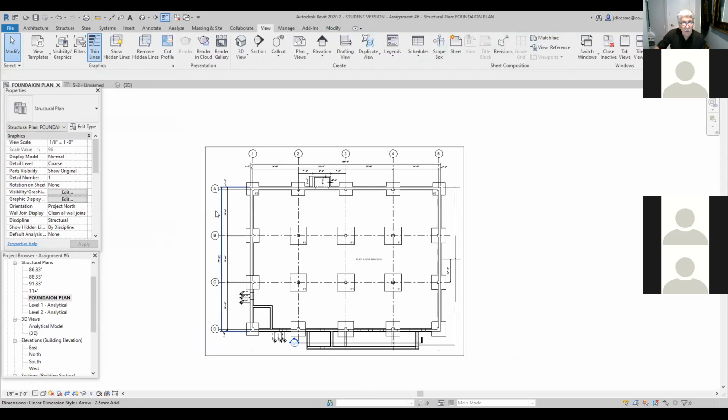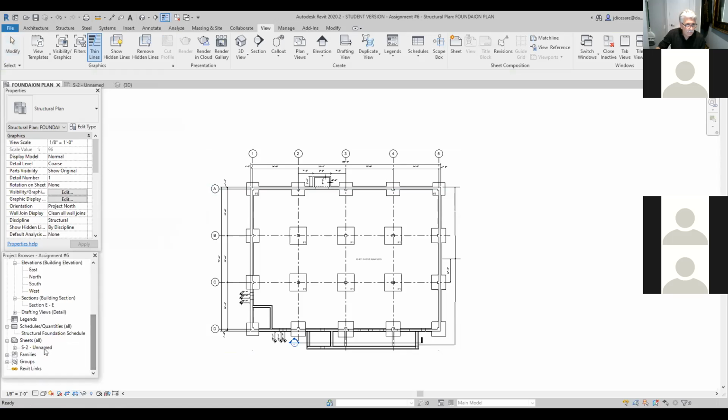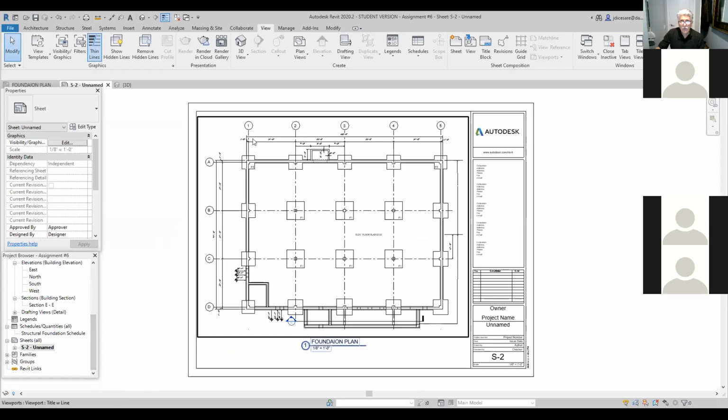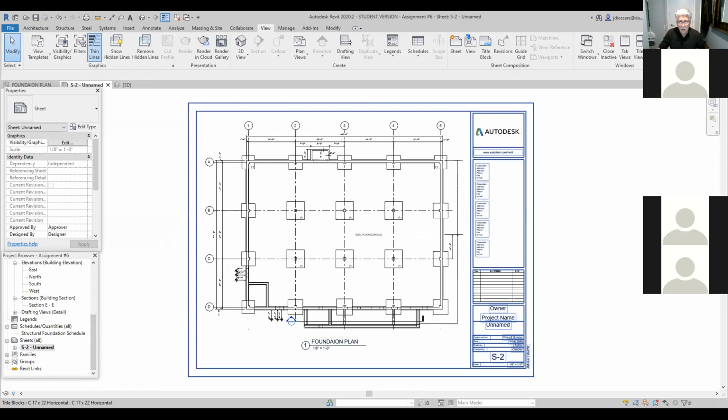I go back to foundation plan here. You'll notice that my crop area is still showing, right? So if I remove that crop area and I go back to my sheet, it's already gone. So if you guys have your north arrows and the northeast elevation, you can right click on it and just put hide category in view. So you can hide whatever you want. Now, if you're happy with that, okay,